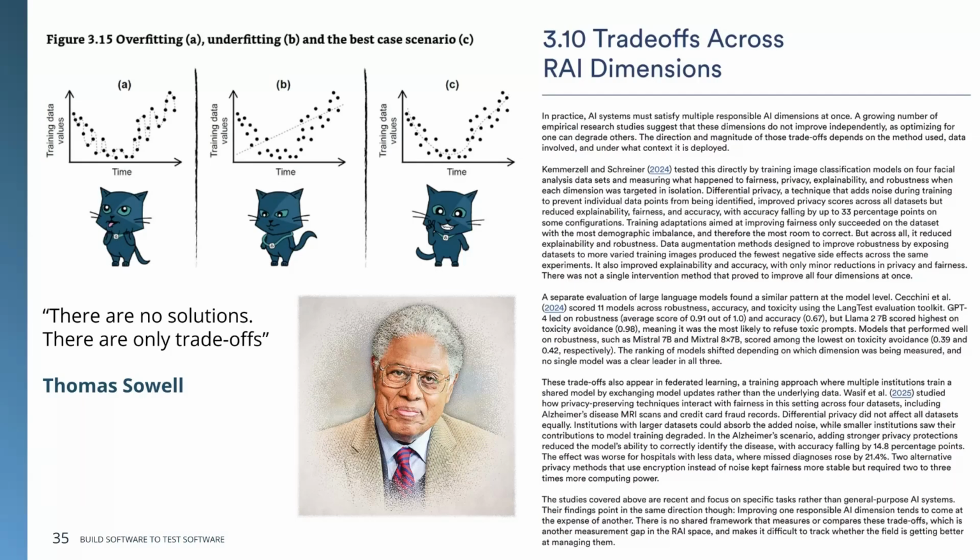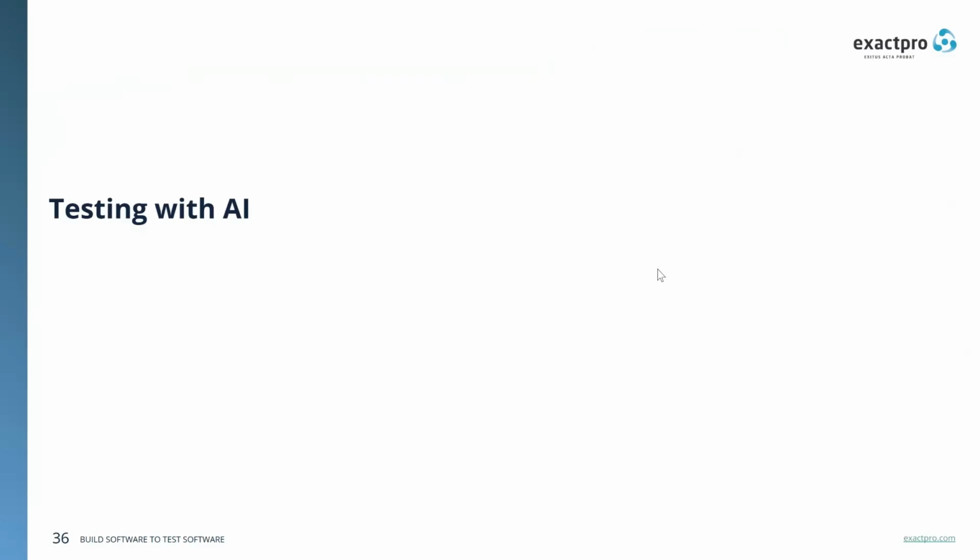But most of the time, when we do software testing, we are not facing one good and one bad. Most of the time we face two good things. Well, most of the time we face two bad things, and we have to choose which one of them is the lesser evil. Yes, so I highly recommend this report. There are many interesting things there, and we can probably now go into testing with AI.